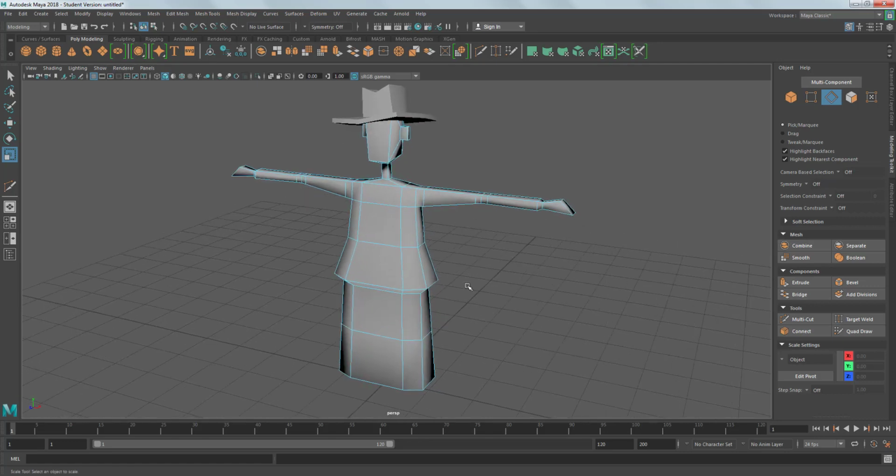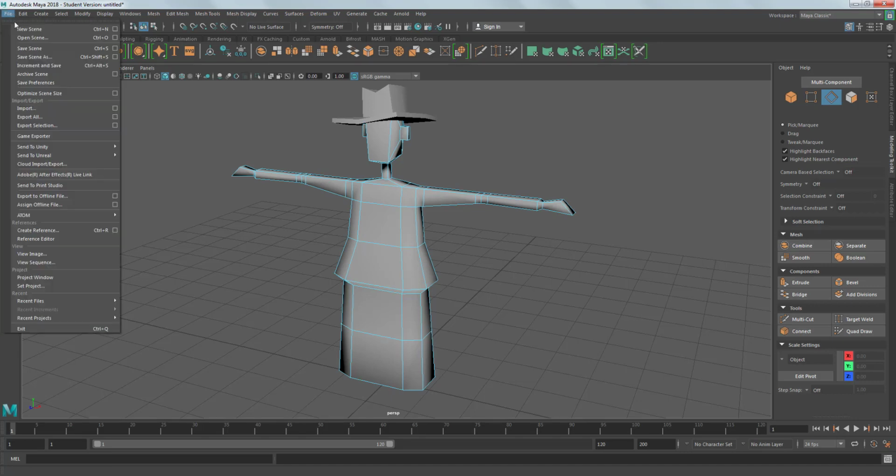Oh, just the last thing, obviously, make sure you save it. I've done absolutely no saving throughout this, and that's not good. You should always be saving every so often. So save scene as, and save a few versions of it in case Maya decides to crash as you're saving and takes your file out with it. So that's the footnote on this tutorial: always make sure you're saving as you go along. Okay,